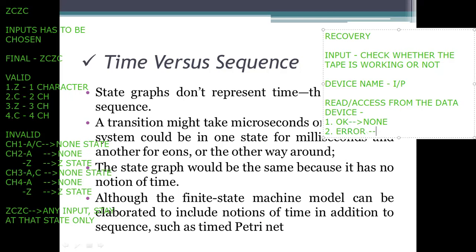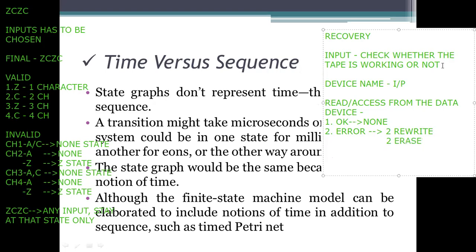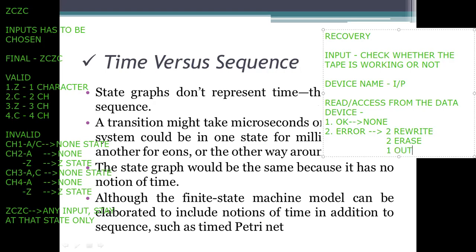And coming to the next one, it is an error. Error means we need to perform 2 rewrites, and we need to perform 2 erase operations, and we need to perform an out of service action.